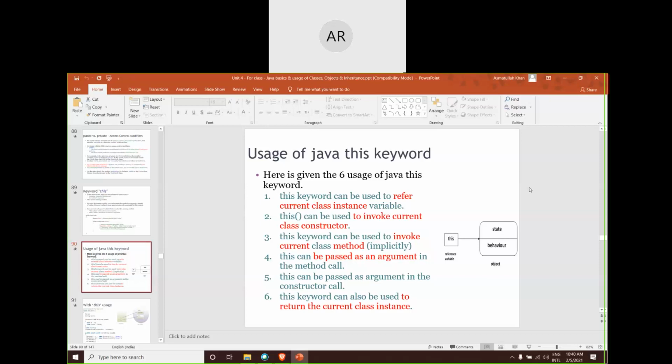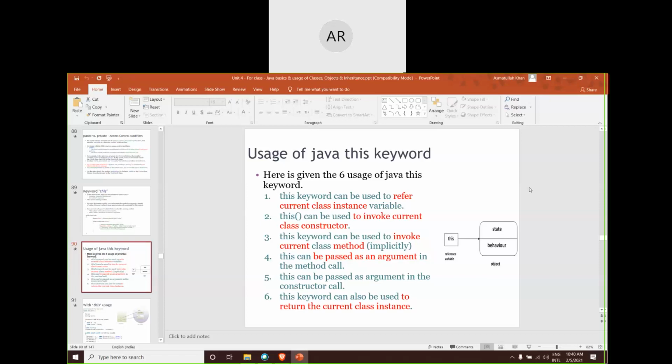Suppose 3-4 functions are there and 2 to 3 objects are there. In order to identify which object has called which function, we need to make sure that the object name is present. Suppose F1, F2, F3 are member functions defined in a class, and through that class we created 3 objects, O1, O2, O3. Now, if I just write F1 without specifying the object name, whether that function was called for object 1 or object 2 or object 3, this becomes a confusion, right? So to eliminate that confusion, Java provides this keyword, which will always point to the current object that has made a call to that particular function.